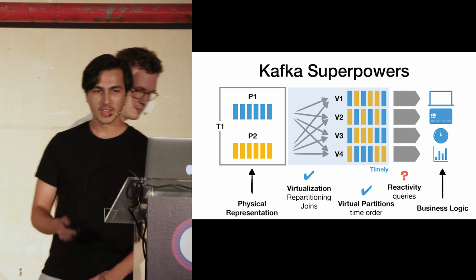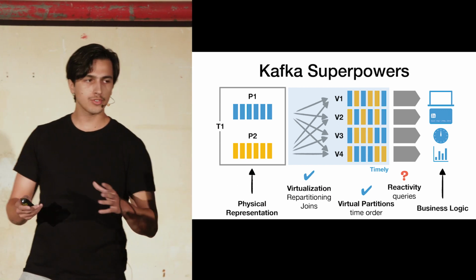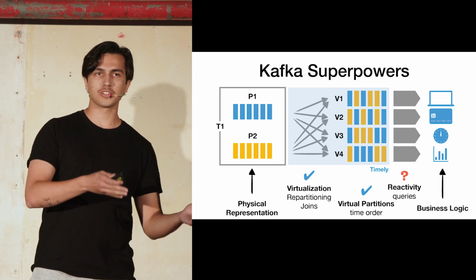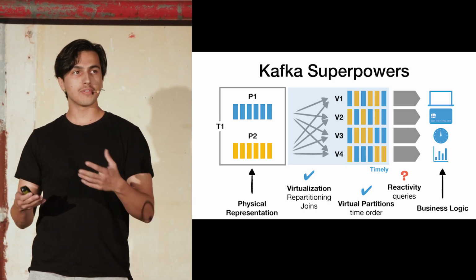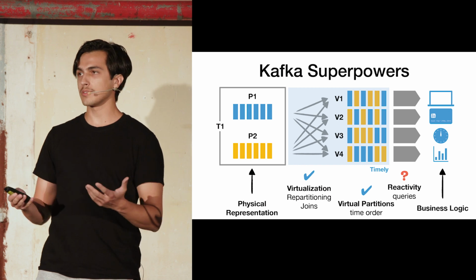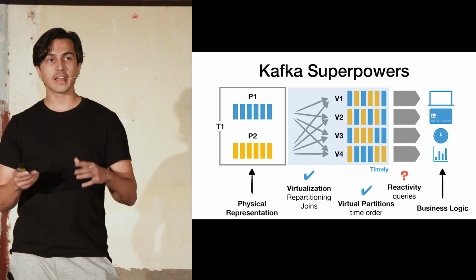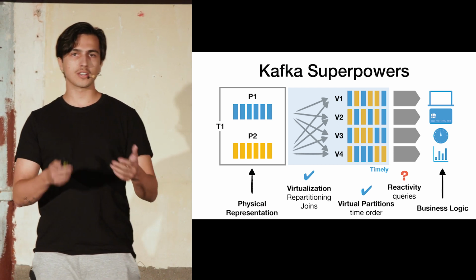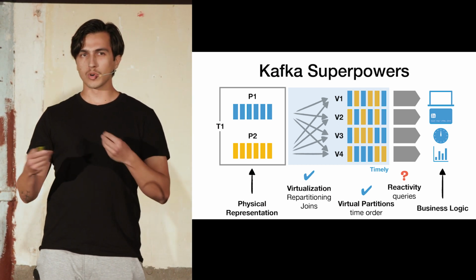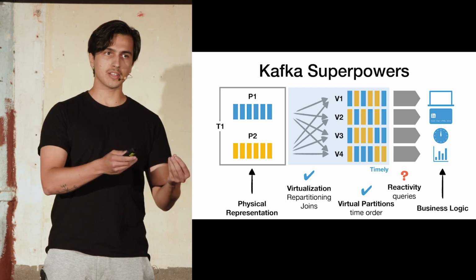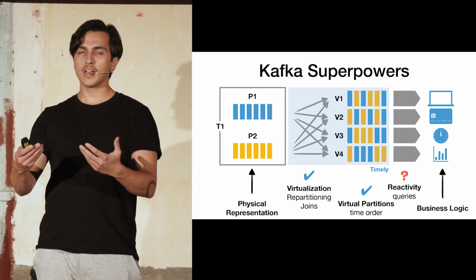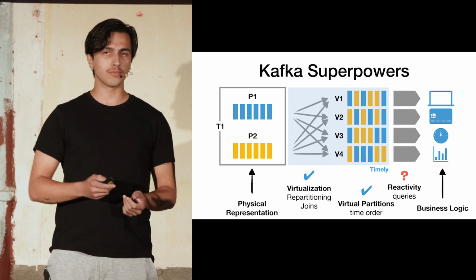So what's missing from this is the last mile issue. So how does the data from our virtual partitions actually arrive at our downstream consumers, and how do we create these partitions? Ideally, we would like a higher level abstraction than writing all of these data flows by hand. So we would like an interaction model similar to a database again, where we maybe issue a query and have the data flow be created for us automatically.